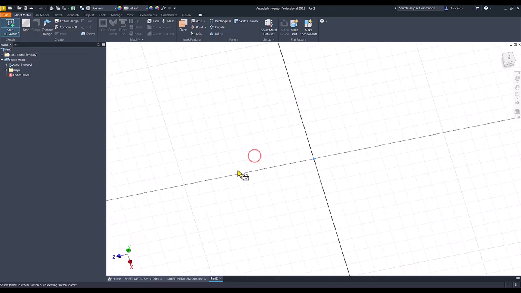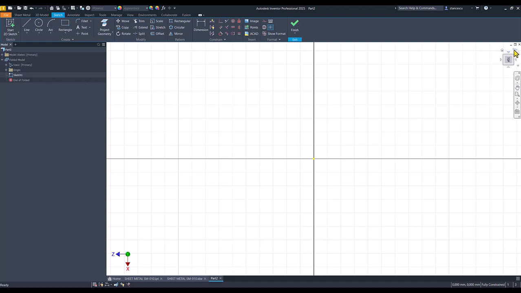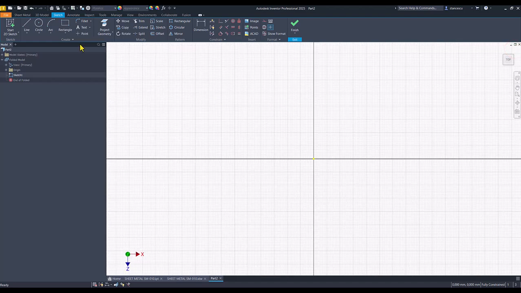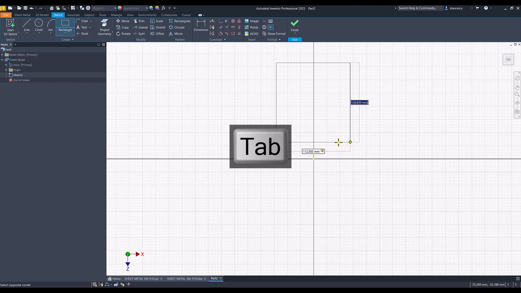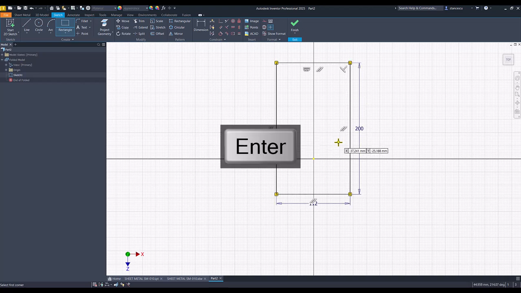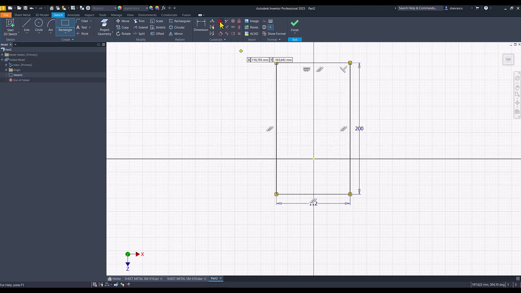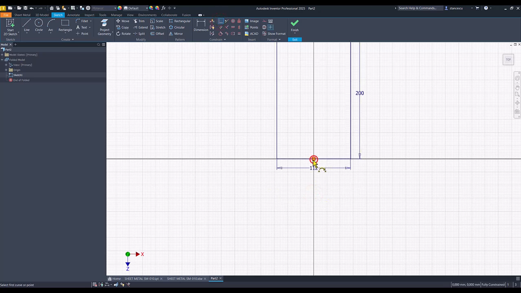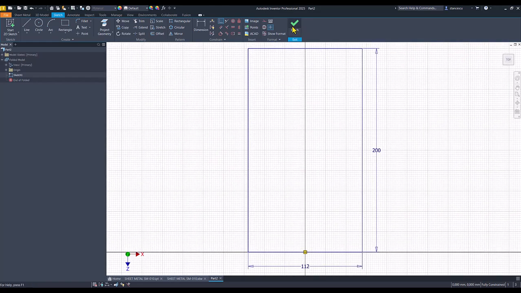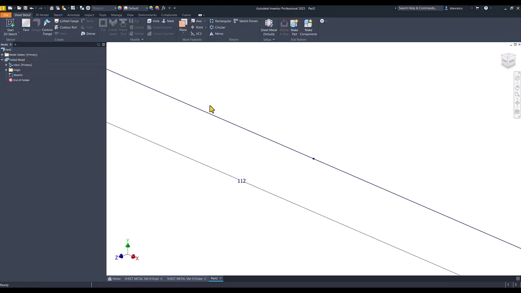The sketch is this. The plane for the sketch is here, and I draw a rectangle with dimensions 112, tab 200. I place this midpoint on the center point and I have a fully constrained sketch. Finish sketch,